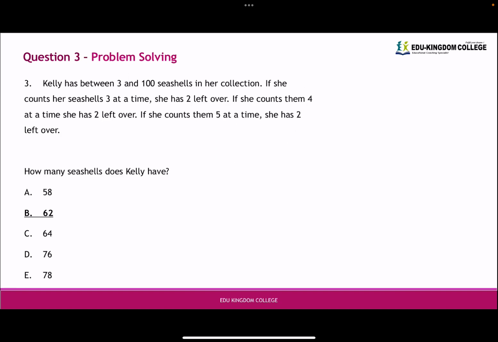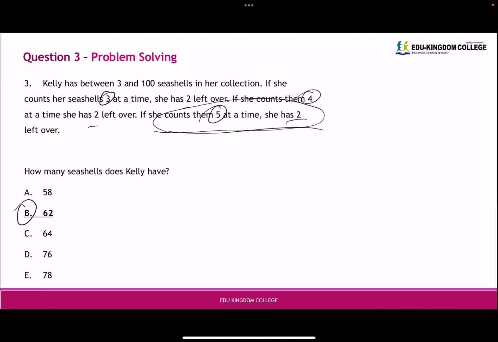Question 3. So she's got a bunch of shells. She counts 3 at a time, has 2 left over. Counts 4 at a time, has 2 left over. Counts 5 at a time, has 2 left over. Now this final condition is the most important one because every single answer is wrong for this final condition except